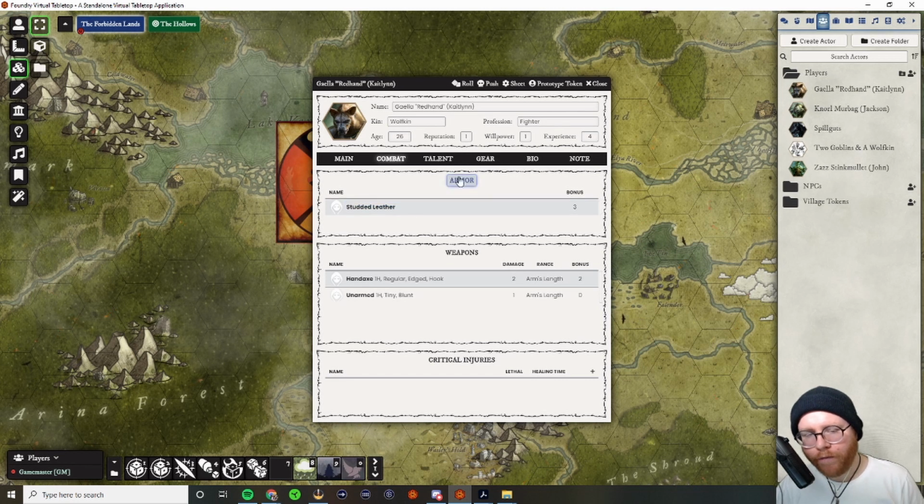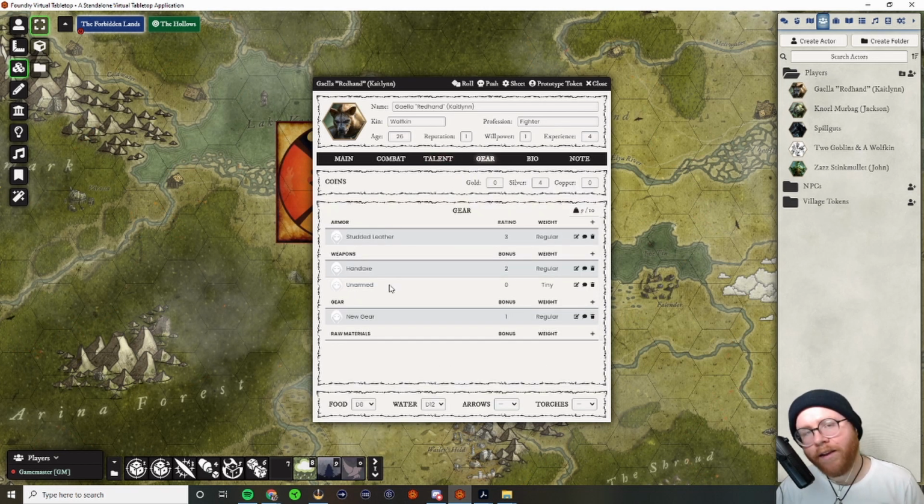You do need to fill out the armor and weapons and gear and spells and all that kind of thing